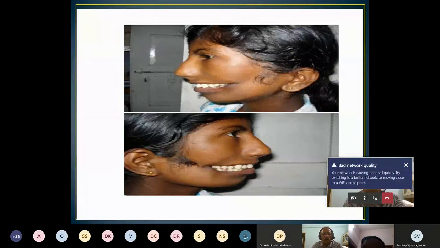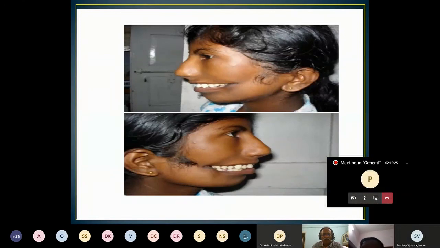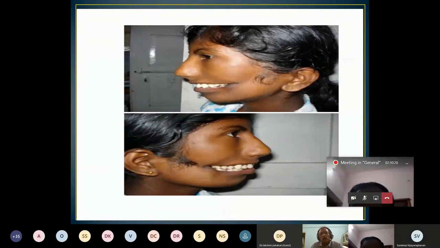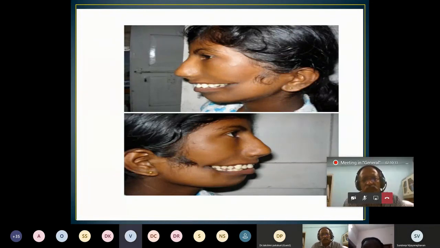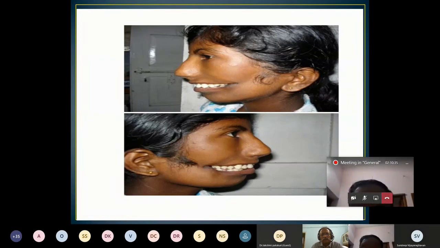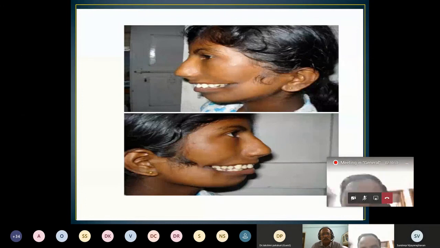Okay. Considering her profile, what surgery will she require? Bony surgery she will require. The distraction osteogenesis she requires, sir. Why? She has got fairly good arches. No, sir. That alignment is not there, sir. Occlusion is not maintained. Open bite is there, and height of the ramus is less. So you have to reconstruct this, increase the height of the ramus, and you have the OPG of this patient, don't you? No, sir.